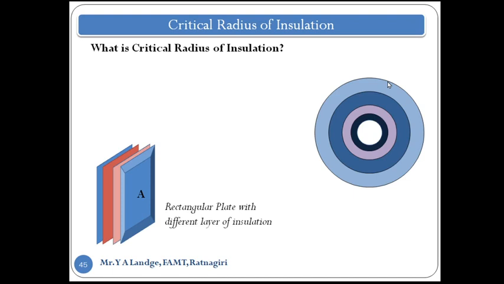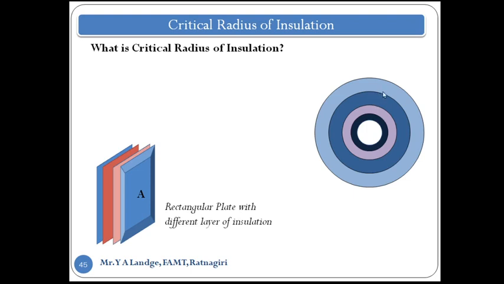The answer is no. If we wrap the insulating material, we can reduce the heat transfer rate even in a cylindrical structure. But for that, we need to calculate the critical radius of insulation. Now, what is that critical radius of insulation? Up to the critical radius, there is a continuous increase in the heat transfer rate. If you draw the graph, the Q value continuously increases as we increase the radius, but only up to a certain limit, and that limit is called the critical radius. At the critical radius there is a maximum heat loss.